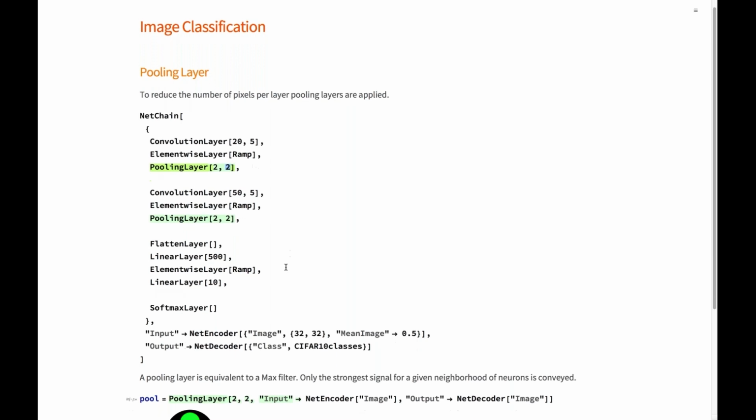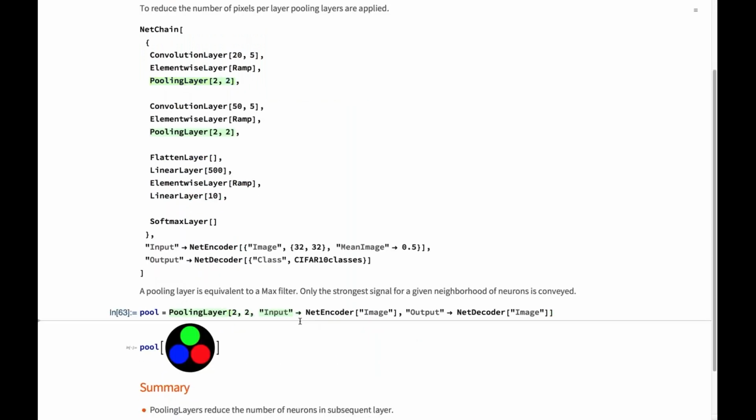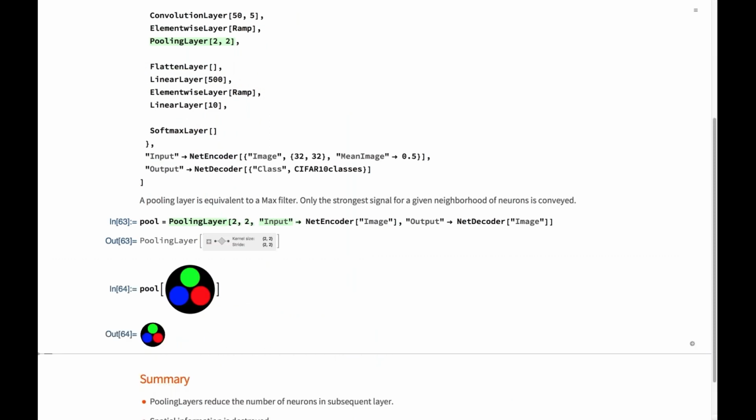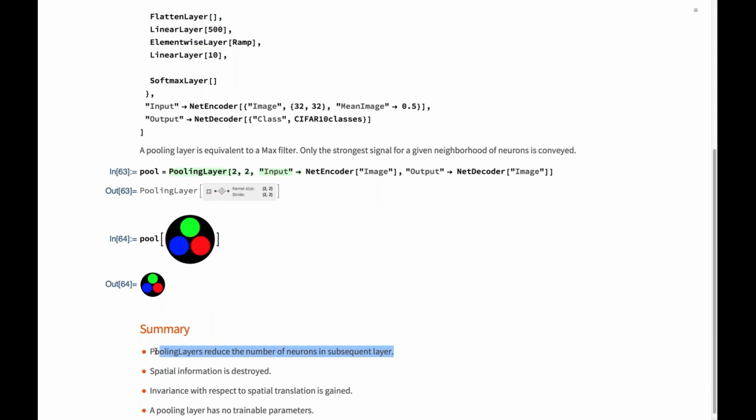So the benefit is clear. You reduce the number of neurons needed. The drawback is, okay, being downsampled. When you do this, you also destroy spatial information because your resolution goes down, that information is lost. On the other hand, you gain some invariance with respect to translational movements. So movements by, let's say, a pixel back and forth don't matter anymore. The pooling layer would take care of that. And last but not least, any pooling layer is a non-trainable layer. That means it doesn't have any parameters that need training. It's just there and it just works.